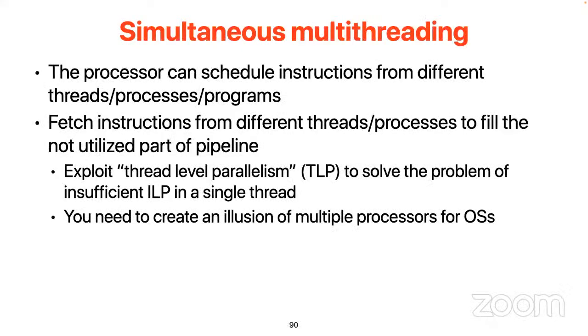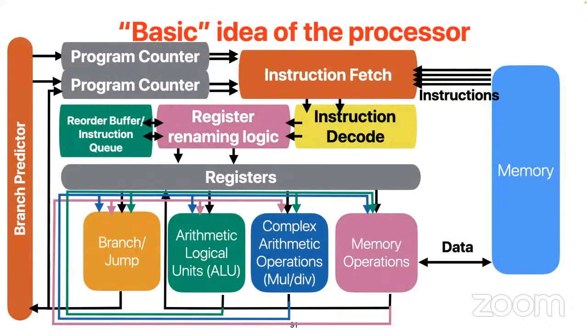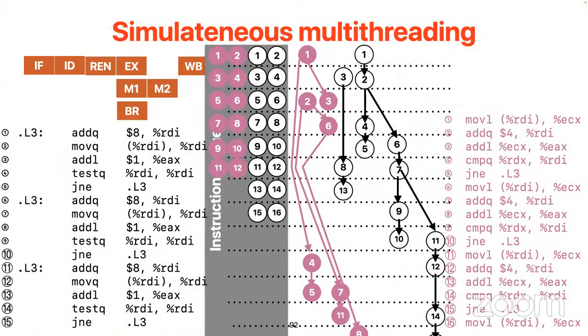So if we cannot squeeze a sufficient amount of instructions to execute on a single processor, simultaneous multi-threading says that we can provide a new mechanism for you to use instructions across multiple hardware threads, multiple programs at the same time. To support that, you still need to add more things into your processor, essentially the program counter and the ability to fetch more instructions and decode more instructions. Because I get to see instructions from another program, I can use them to fill the pipeline